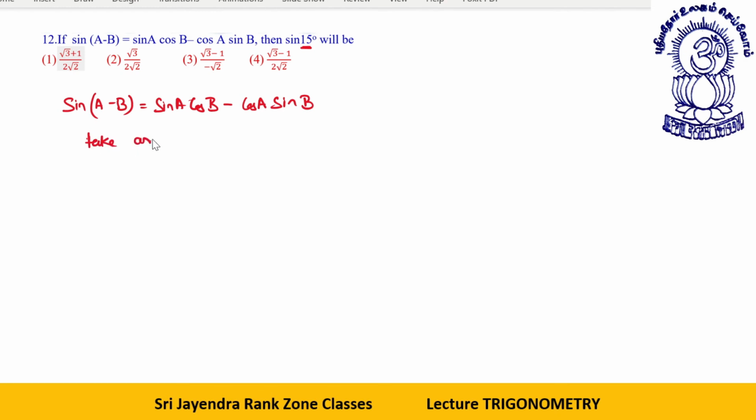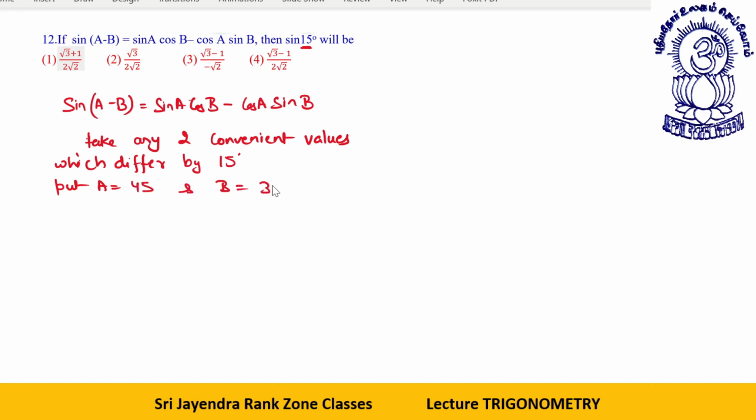Take any two convenient values for which you know the trigonometric ratios, which differ by 15 degrees. That is, put a is equal to, let's say, 60 or 45, and b is equal to 30 degrees. Now